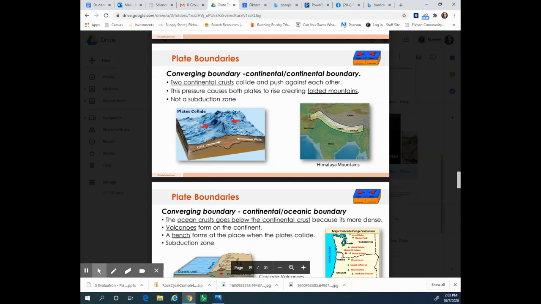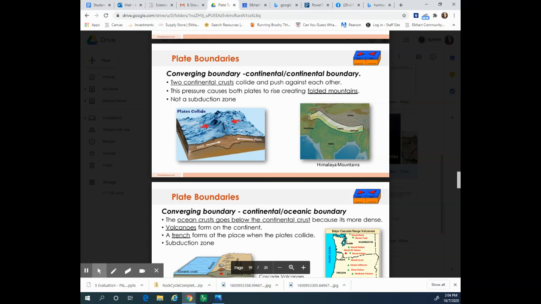Converging boundaries. You have continental to continental boundaries. Two continental crusts collide and push up against each other. This pressure causes both plates to rise, creating folding mountains. This is not a subduction zone. When you hear subduction zone, you want to think about a zone where the earth is either separating or losing more of its crust, such as a trench or an ocean to continental